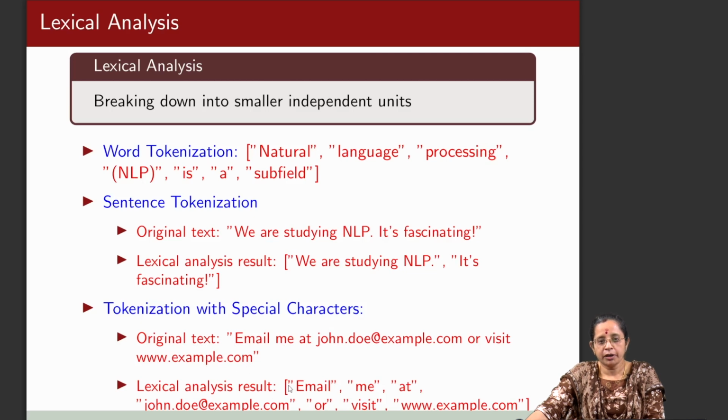Here the result would be: email me at john o or visit. So you have those special characters also involved here, or they can also be removed based on the user's condition. So, this is with respect to the introduction to NLP. We will continue the remaining NLP portions and the language models